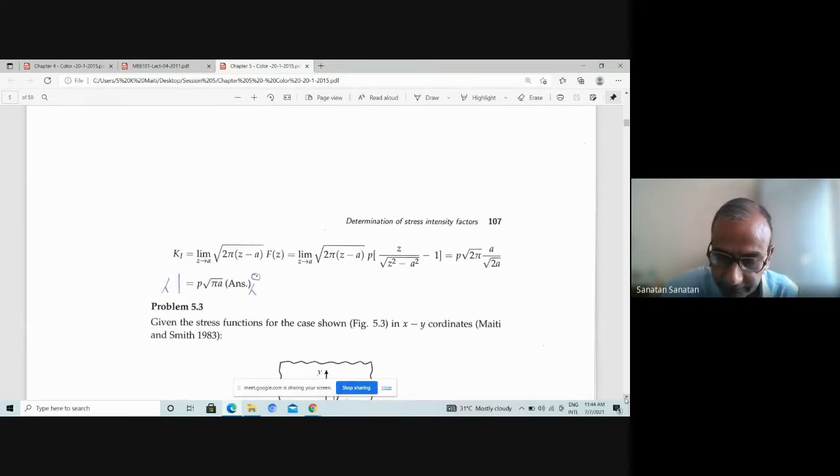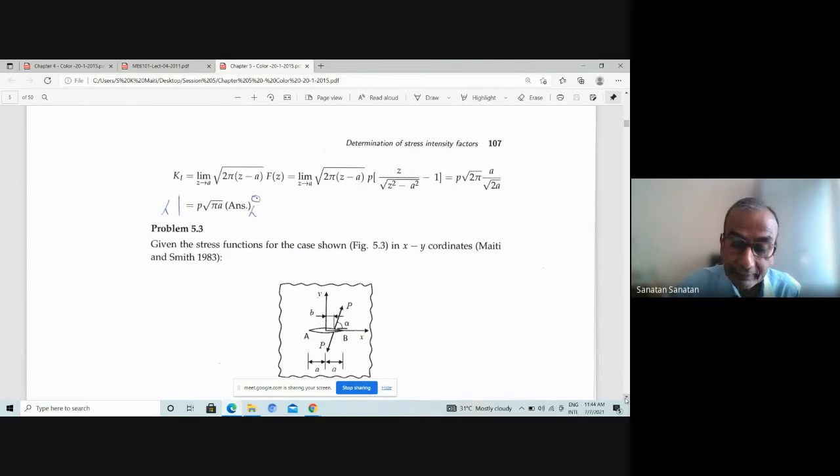I think this is an interesting point: if you have a crack with uniform pressure P acting on its faces, then the stress intensity factor is equal to P root pi a. You can imagine that if you have an infinite plate loaded by uniform tension at the outer boundary, then the SIF was the pressure multiplied by root pi a, exactly the same thing. So whether it's an infinite plate subjected to uniform pressure at the boundary, or a plate with pressure loading on the crack edges, the stress intensity factor is going to be the same.